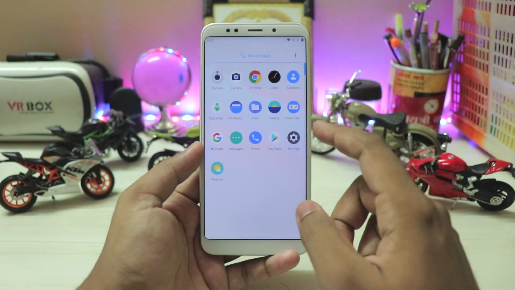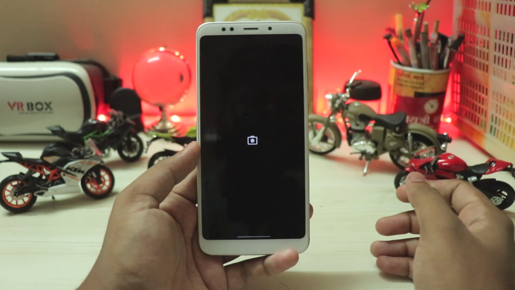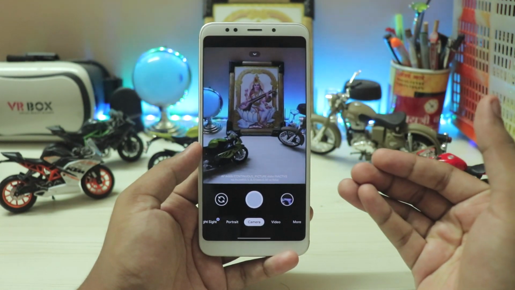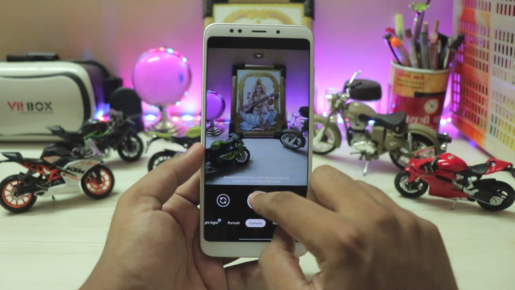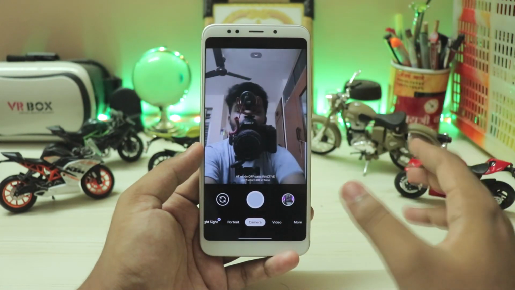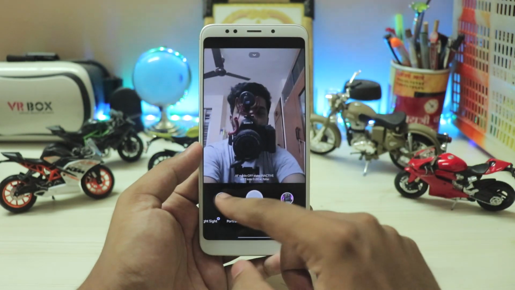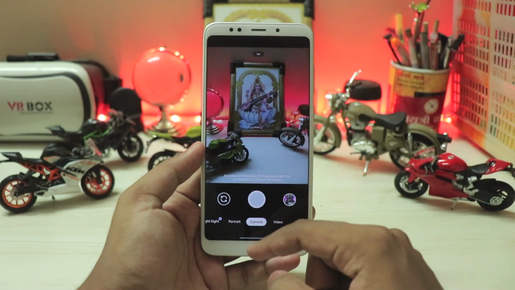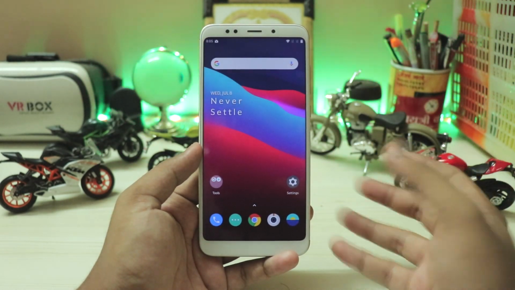Again, for the camera, you still have pretty limited options right over here. Like the OnePlus camera is just completely dead. Again, I have the latest Gcam 7.4. It works for the rear camera just fine, but for the front camera, it doesn't save and stuff. So again, you're reserved for the older versions. It just doesn't save, like many of the other newer Gcams too. So again, if you guys have any other suggestion, please let me know in the comment section below.